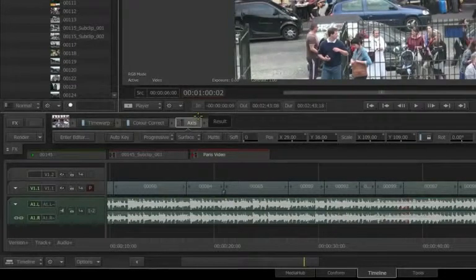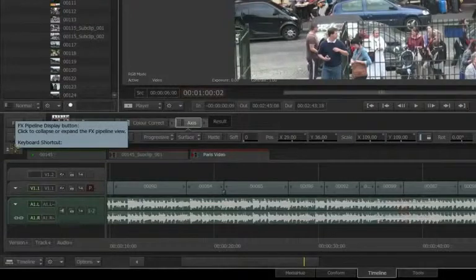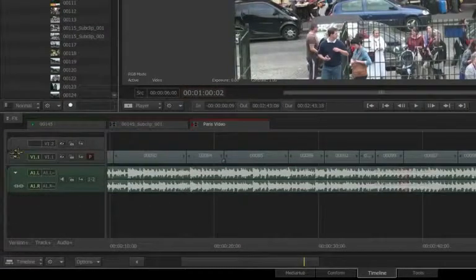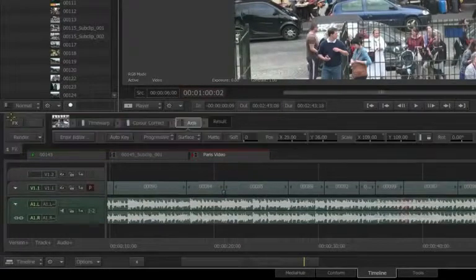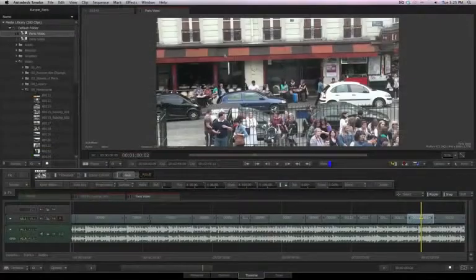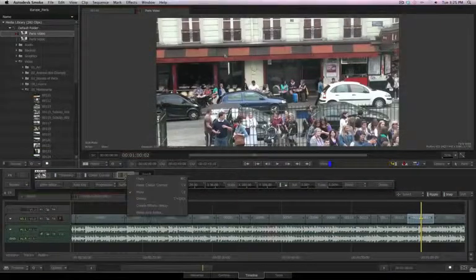If you want to collapse the effects pipeline on a temporary basis, come down to where it reads FX and click on it and you will hide or collapse it. I click it again, I will expand it, and now I have access to all the tools that are in my effects pipeline. You can delete tools that are applied by right-clicking and choosing delete,